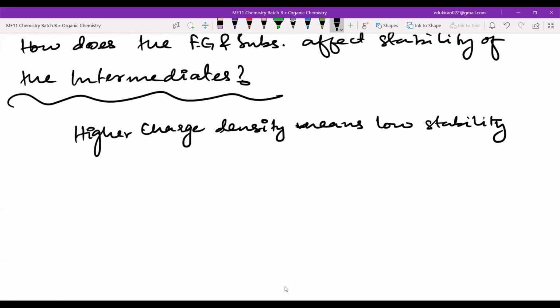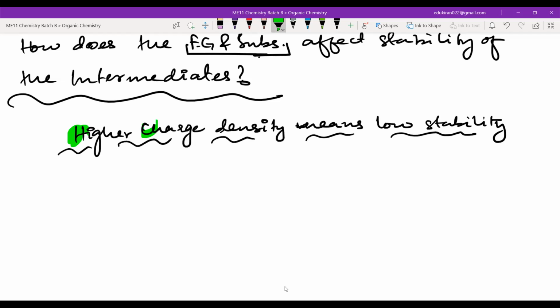Okay, that means we want to see how the functional group and the substituent are affecting the charge density of the intermediate. So, for example, let me take an example of carbon,